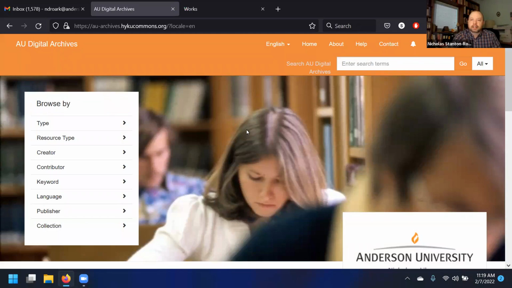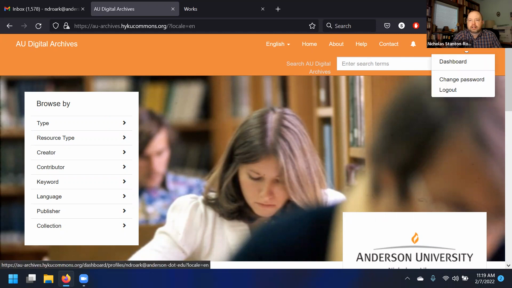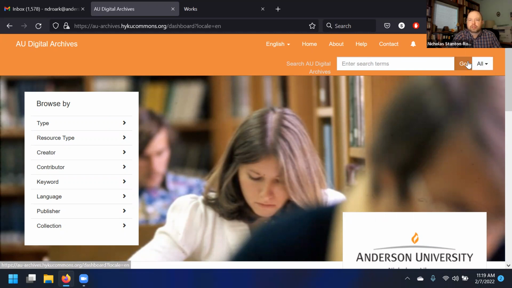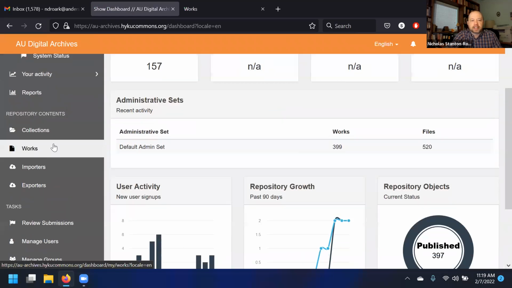All right, in this section, we are going to be talking about mediated deposit, which is an optional setting for approval of works when they are uploaded to Hyku. So in order to manage that, we first have to access the administrative dashboard through the link at the top right of your homepage. And you can turn mediated deposit on or off on an admin set by admin set